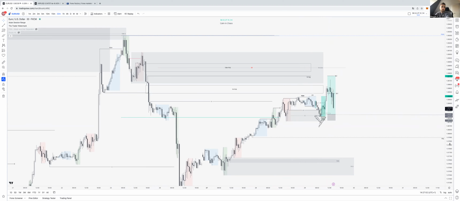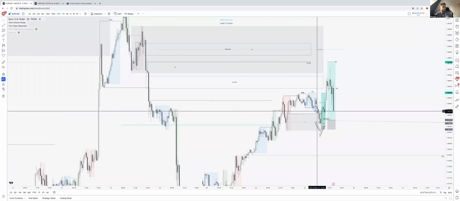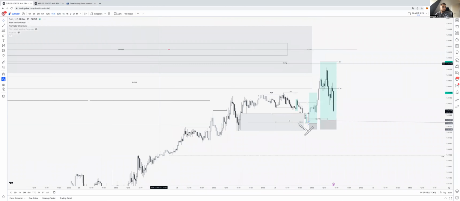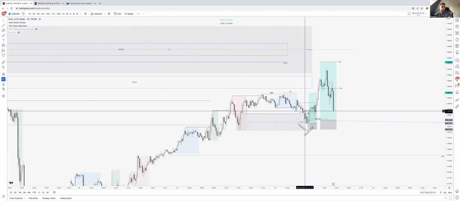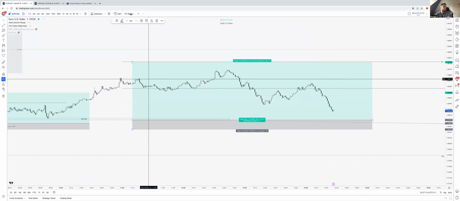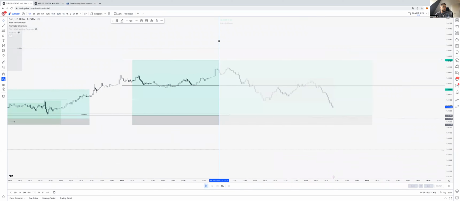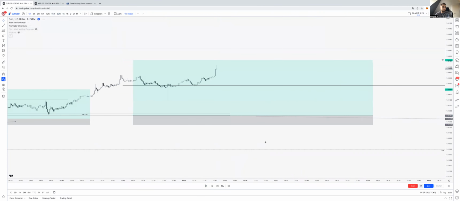Then to add up to that long, we took internal range. So actually, let's go lower. We took internal range liquidity. We got Asia low being taken. So as you can see here, I chose. Let me go to the 1 minute to point it out. So the trade reaches highest point over here. So no need to look further than that.